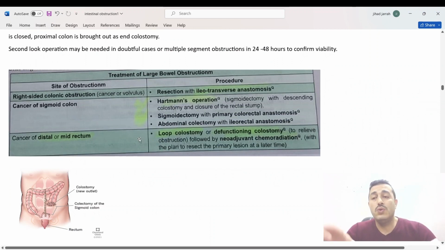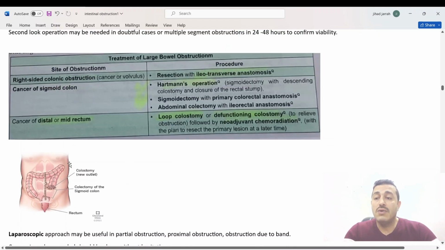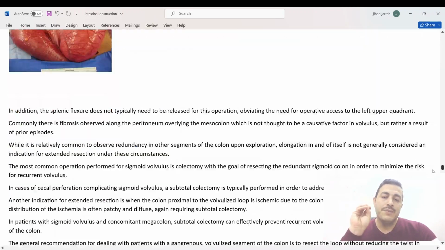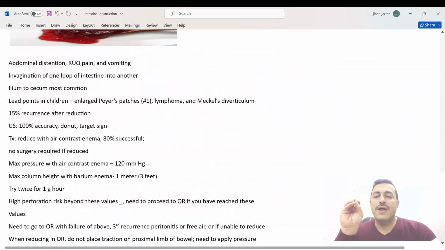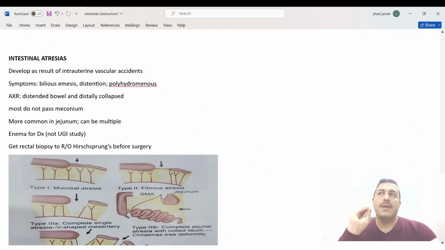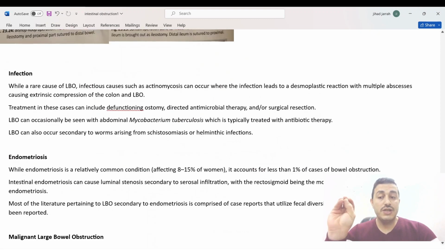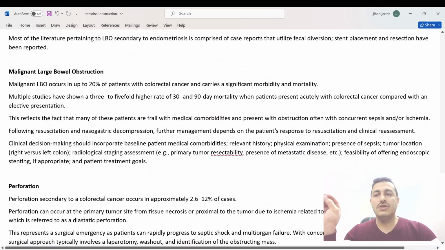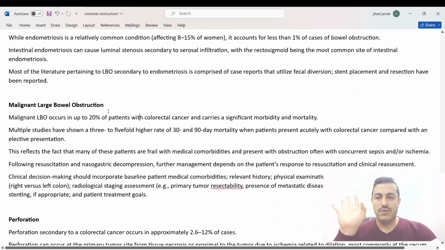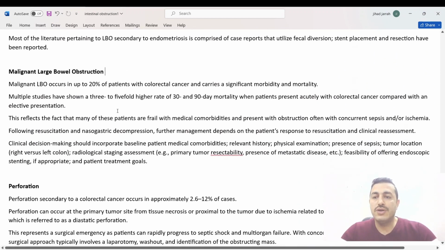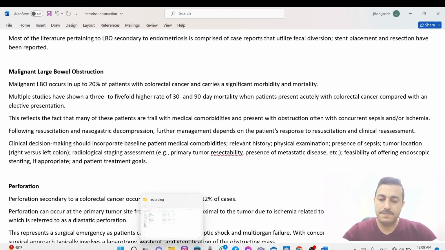These are similar to how we deal with malignant right-sided colonic obstruction. For example, we proceed for resection and ileotransverse anastomosis. Sigmoid is Hartmann, and we reviewed how Hartmann and distal and rectum. We said any obstructing lesion in the rectum, we proceed for loop colostomy. This is fine. Now we will focus a little bit on how we deal with